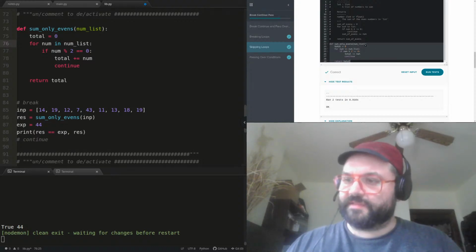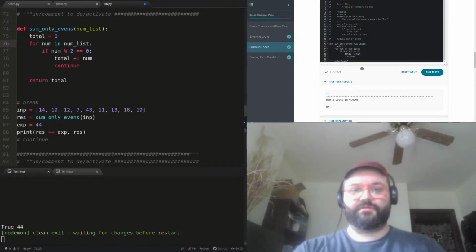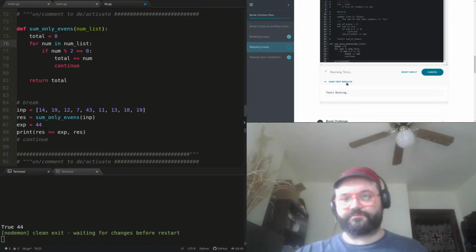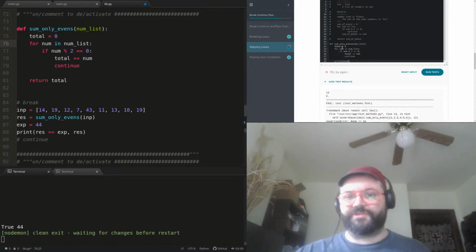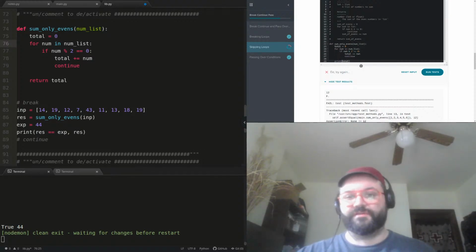But at that second code block you gave me, I see that you're printing total here, like this. That is going to fail because it's expecting this function to return a value. This function has no return. It's going to write the value of total onto a console, whatever console this is running on somewhere.